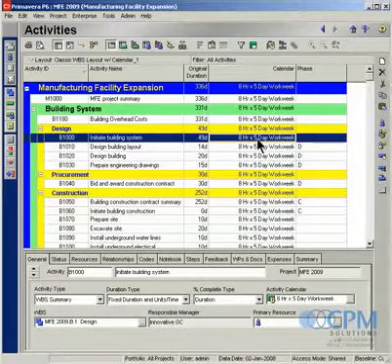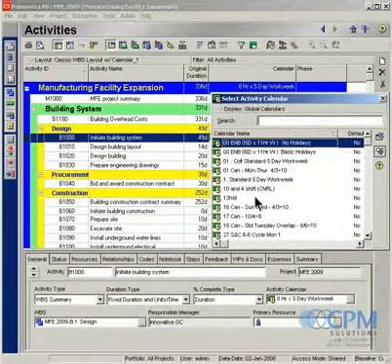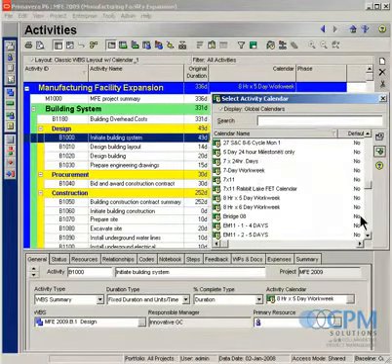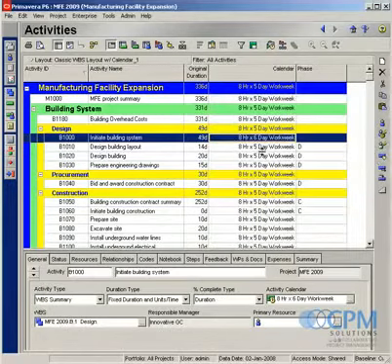Now, let's say there's a section of your project that is using a different calendar rather than the 8x5 work week. Let's go in here and pick 8x6 day work week. Okay, so 8 hours a day, 6 days a week. Now what I'd like to do is copy that calendar down to a bunch of the activities just underneath here. So what I can do is hold down the Shift key,